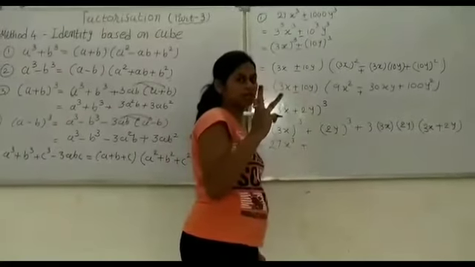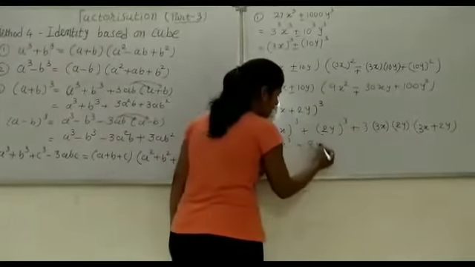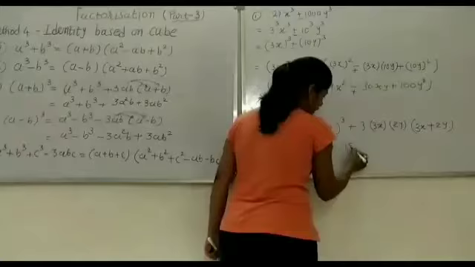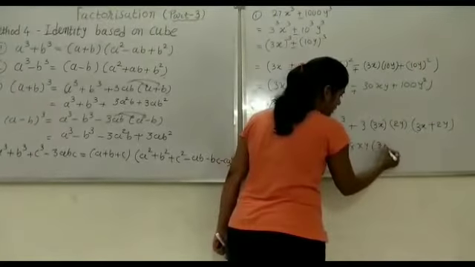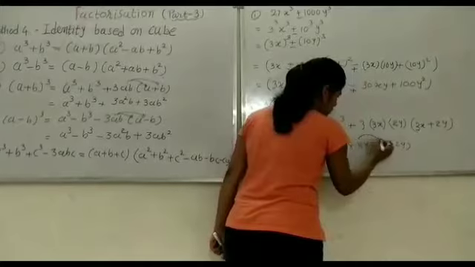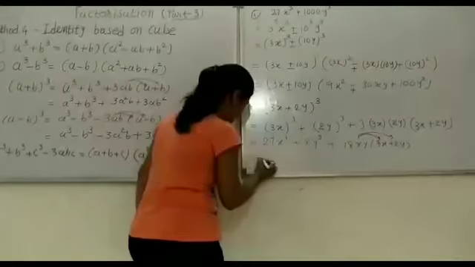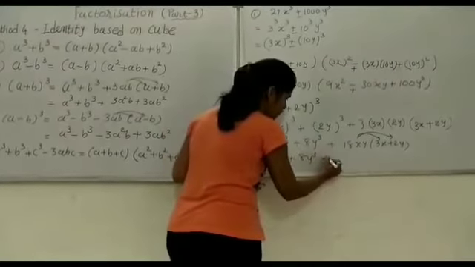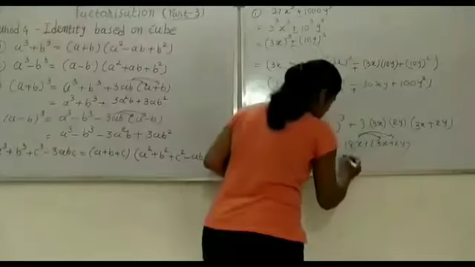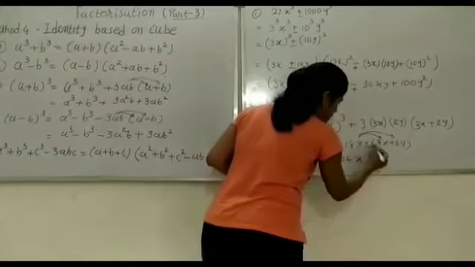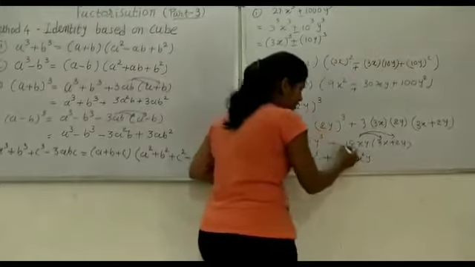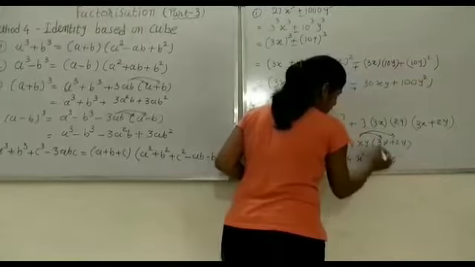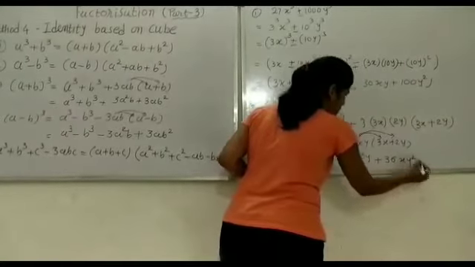2 multiplied 3 times: 2 2s are 4, 4 2s are 8, so 8 by cube. Now 3 3s are 9, 9 2s are 18, so 18xy in bracket 3x plus 2y. Now remove this bracket. So you get 27x cube plus 8y cube plus 18 3s are 54. x into x, x square y, plus